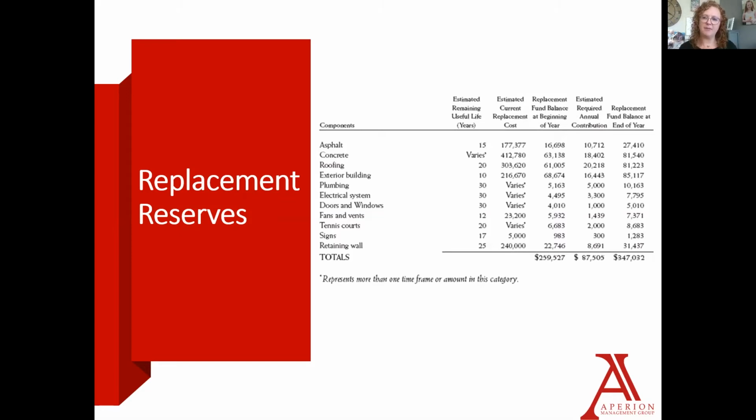But if you have a very basic list of components, it's not necessarily required that you pay for an update annually. It is important that you look at that study as a board and you make sure that it still makes sense. Are the assumptions that we're making still valid? One of the things that I think has the biggest fluctuation for communities is roads, because it is somewhat dependent upon the cost of oil. And so that in itself can have a big fluctuation. Depending on how far out those elements are coming up will kind of dictate how often you are wanting to